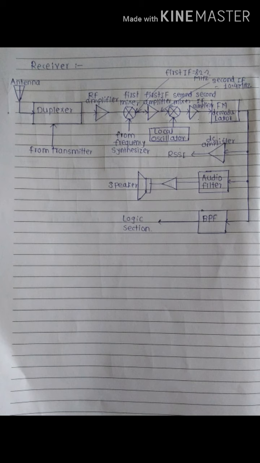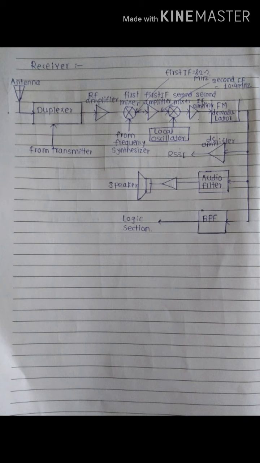First, the signal is received at the duplexer, and the duplexer output is given to the RF amplifier. The function of the RF amplifier is to boost the level of the input signal up to a sufficient value, improving its selectivity, signal to noise ratio and gain. It also modifies the received signal so that it is coupled easily at the receiver and given to the first mixer.